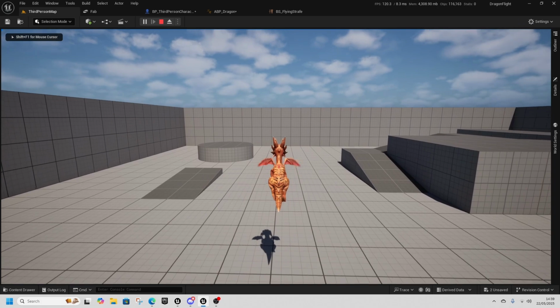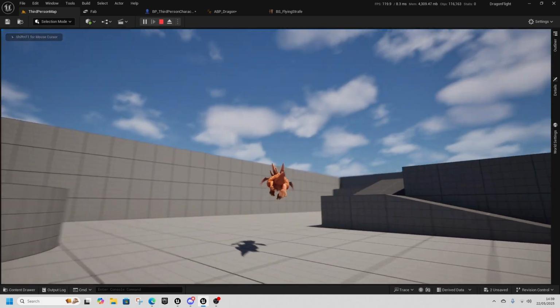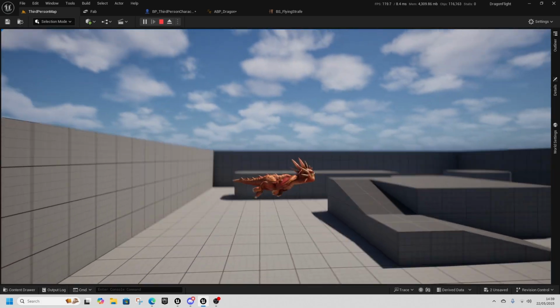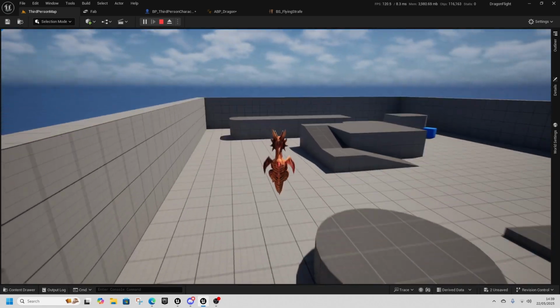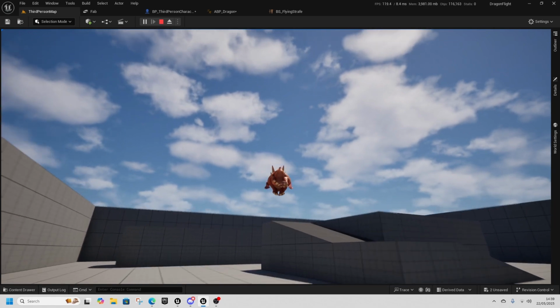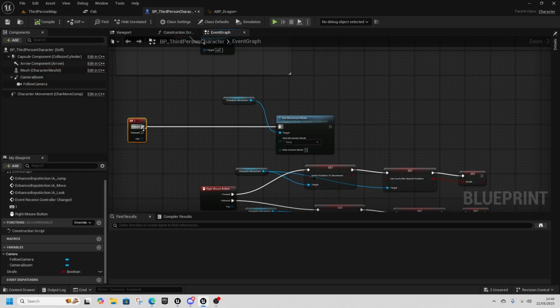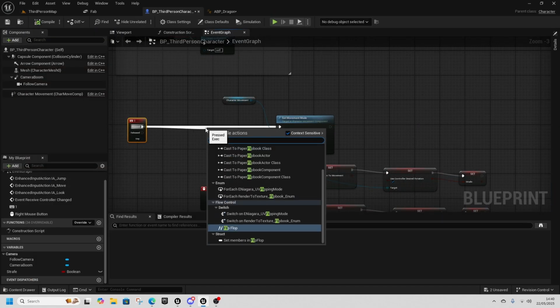So we can jump, press 1. Now we're not strafing, so I press and hold the key. Suddenly I'll go into strafe mode. Flying backwards, flying forwards, third person character. We can get a flip flop here